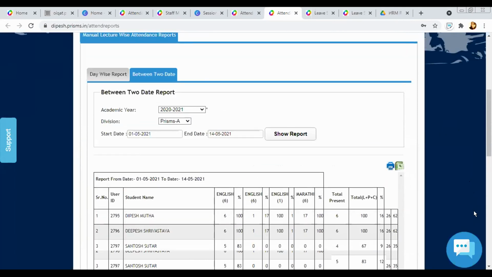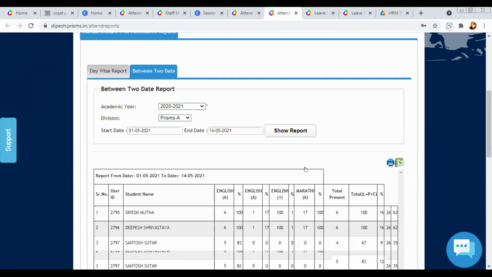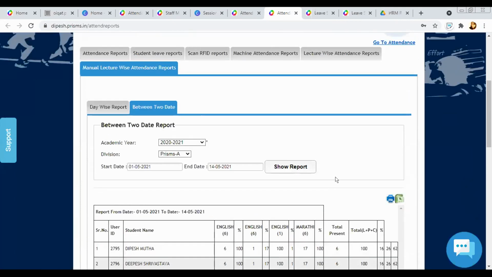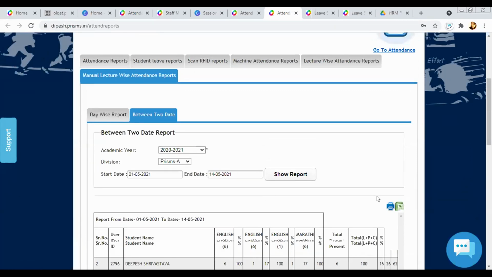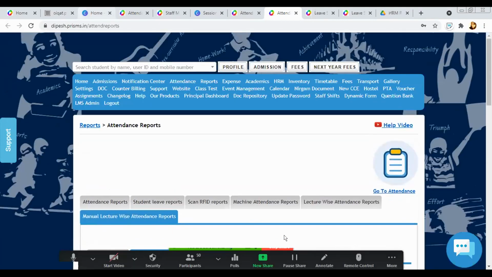Okay. And also, if you're using online timetable, from there also you automatically get when the student joined the session. So you go to online session timetable, log. Session log. Session logs.